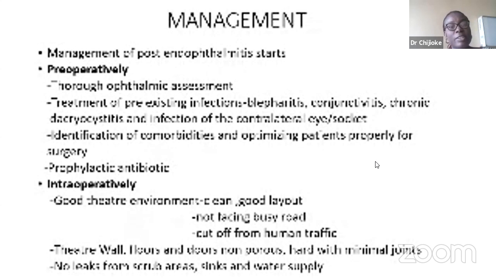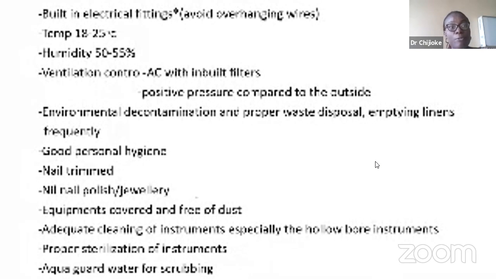Management of post-operative endophthalmitis starts perioperatively through ophthalmic assessment, treatment of pre-existing infections, identification of comorbidities, optimizing patients properly for surgery, and use of prophylactic antibiotic. Intraoperatively, good theater environment, clean and good layout, not facing a busy road, cut off from human traffic too. Theater walls, floors, and doors non-porous and hard with minimal joints, no leaks from scrub areas, sinks, and water supply. Built-in electrical fittings